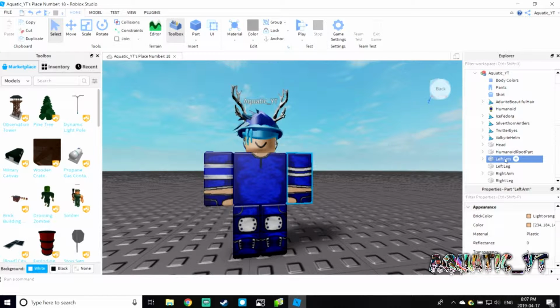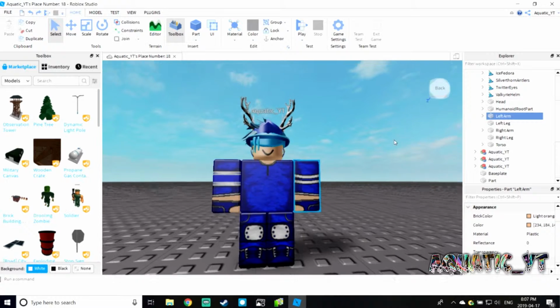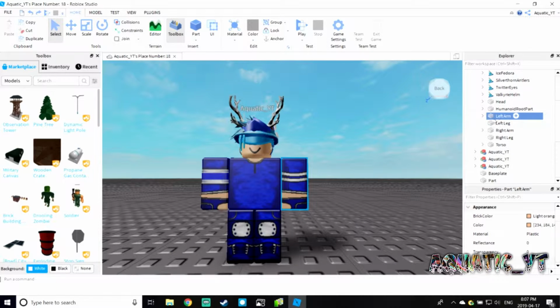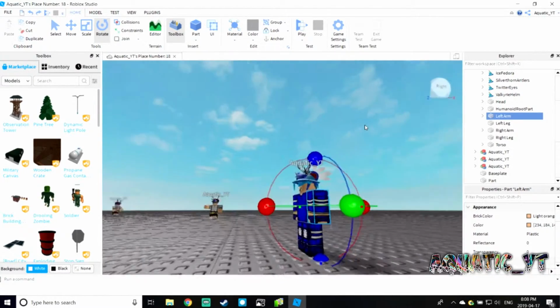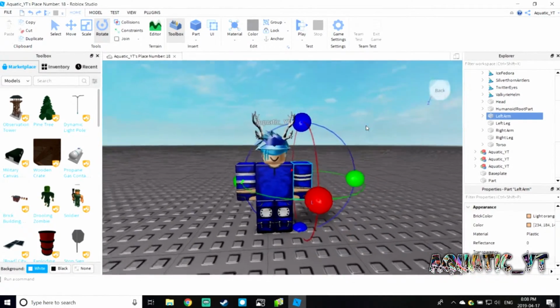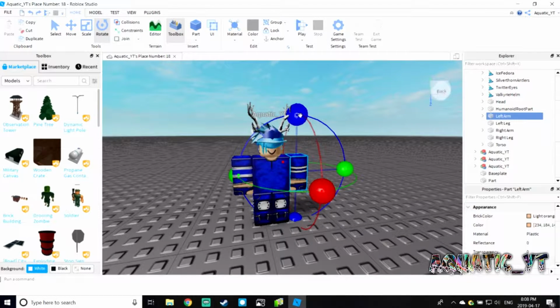So all you want to do is select which part of the body you want to move. In my case, I want to move the left arm, so I'm just going to click it. I'm going to go to home, and I'm going to go to rotate. Now you'll see a bunch of these circles. Don't worry, it's not that complicated. Just use the blue one and drag it up